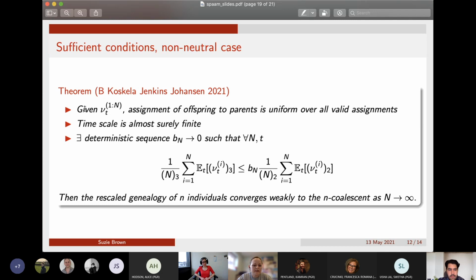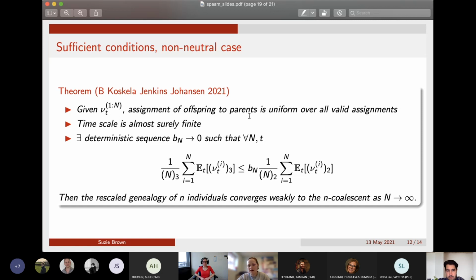So the first condition here is our analog of exchangeability, but it's much weaker than exchangeability. What it's saying is that once we know the offspring counts, we just assign the offspring at random such that each parent gets the number of offspring that it's meant to. So this is kind of like saying that we can permute the children, but the exchangeability conditions in the previous two theorems that I showed you were saying that the parents were exchangeable, which is much stronger,